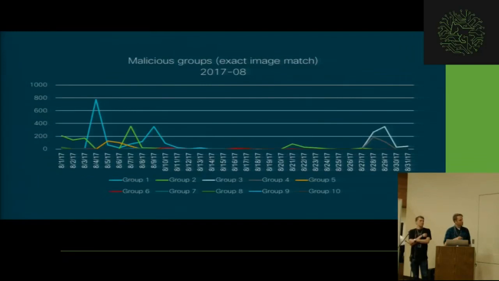Now, if we look at group 2, just looking at the top 2 groupings of documents, the green, which all share an image, they're actually downloading the exact same payload that the blue group is downloading. So both group 1 and group 2 use an identical image within each one, but their first stage payload, the place that they're downloading their first stage of malware from, is the exact same location.